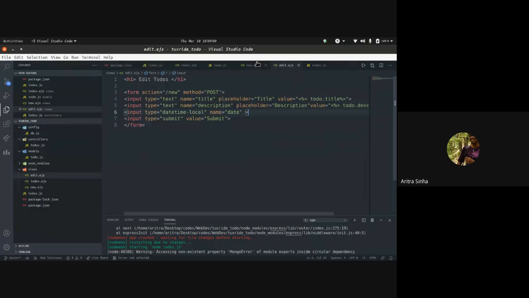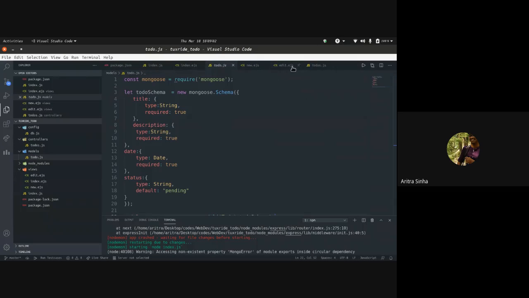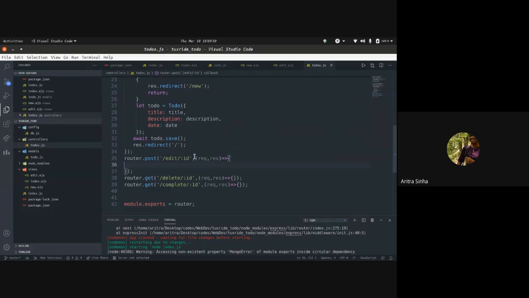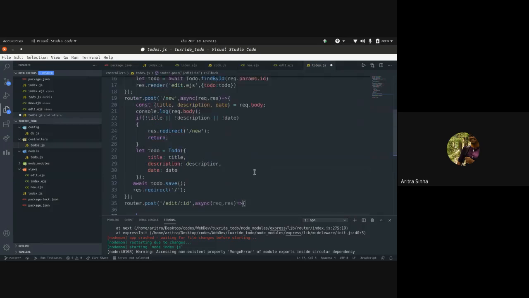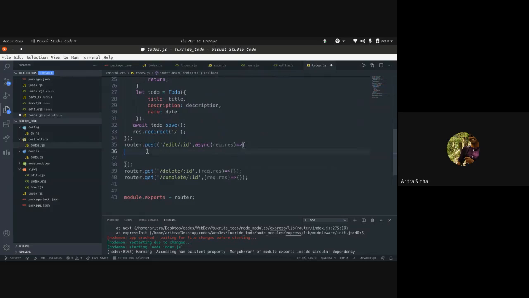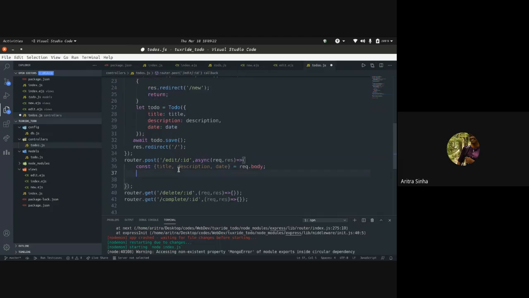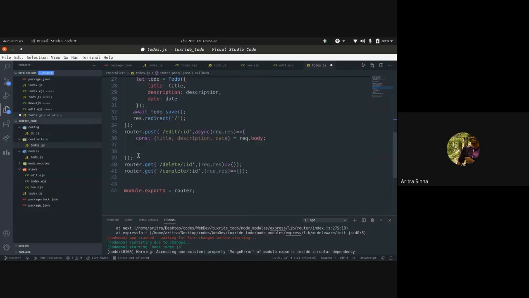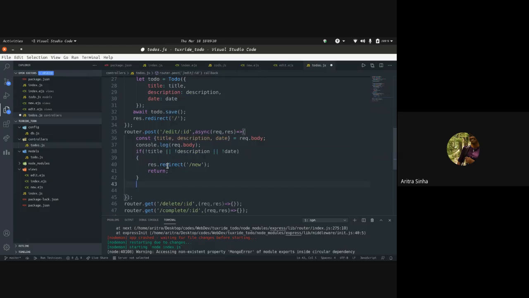So we haven't actually created the edit post request yet, so we'll do that, and after that we'll try out this function. Here inside the post request we again write async for our help. After that we use the same thing like this to fetch all the to-dos, and same thing in the edit to check if everything is working fine. We add the exception again. This time we'll just take them to slash, the main page.